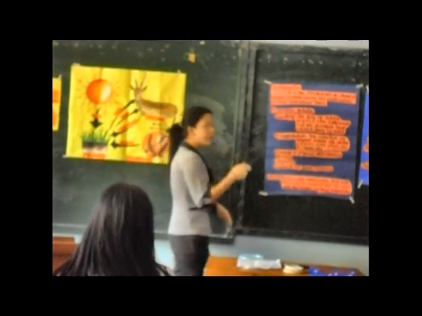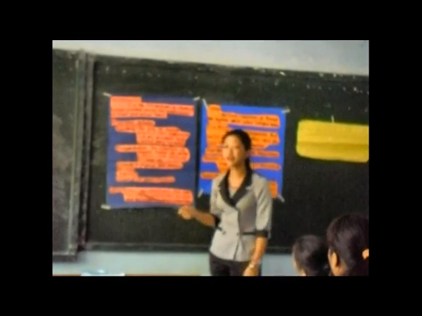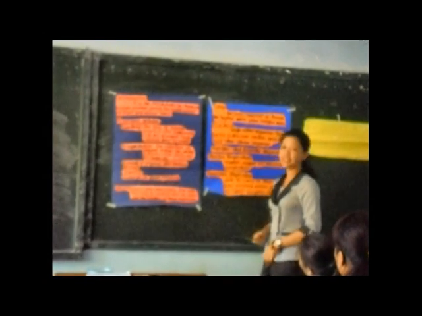The next is the fragmentation. So it is the process wherein there is the reduction of organic matter into smaller particles. So the next process in decomposition is the change in physical and chemical structure. When we say change in physical and chemical structure, there is a change in the appearance of the waste and the dead organisms. The next process is the ingestion, followed by the excretion of the waste product.